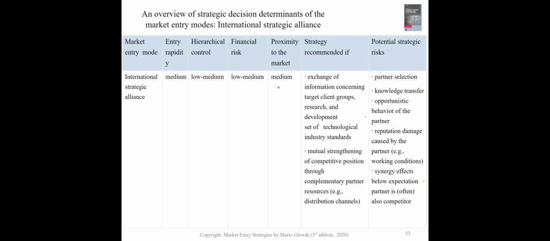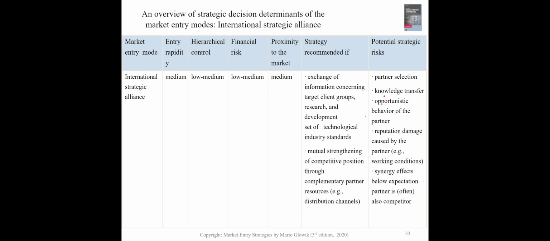We offer to our strategic partners our own distribution channels, for example, and our strategic partner then offers their own distribution channels in their local markets to us. So that's why, all in all, we call this medium. Partner selection is very crucial,